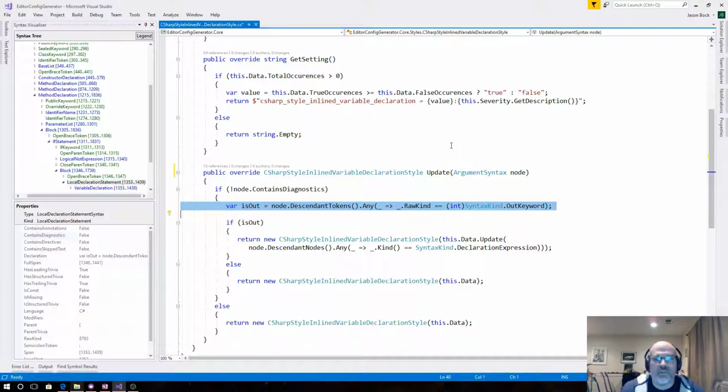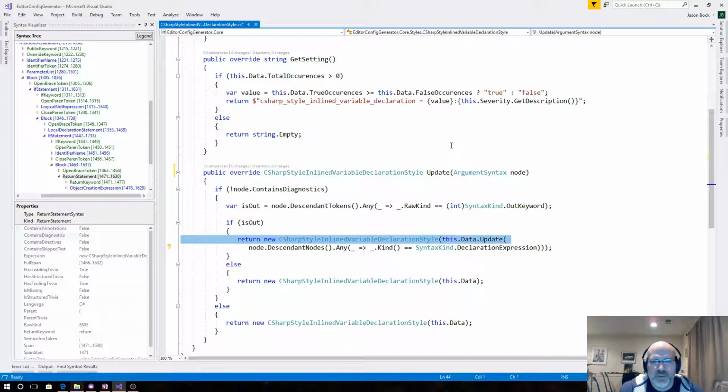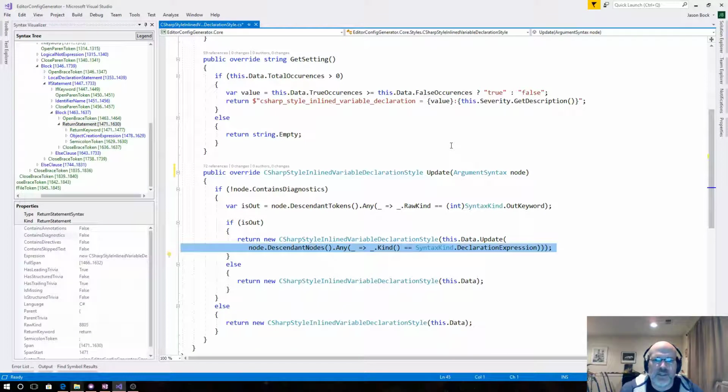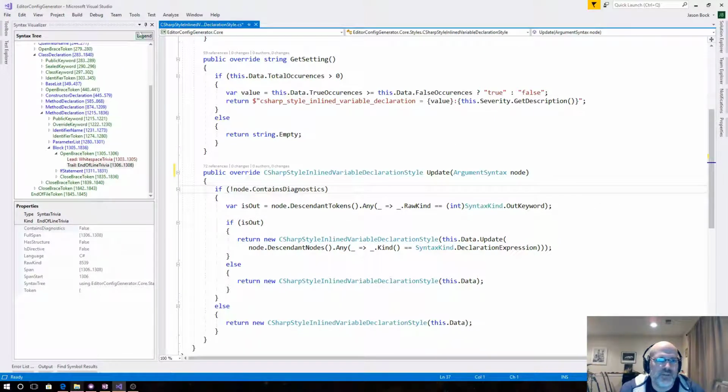Because if it doesn't, I don't care. If it does, then it's pretty simple. Then you look to see, do you have any declaration expressions? Because if you do that out int t, you're actually declaring a variable within it. And so you'll see this declaration expression show up within the argument syntax node. So if it exists, then yes, you prefer that. If it doesn't, you don't. And that's it. Again, some of these become really simple one-liners, and you don't have to spend a lot of